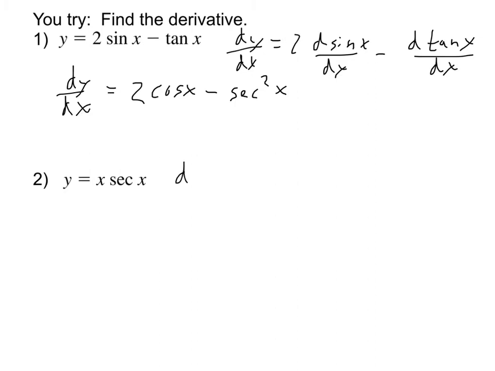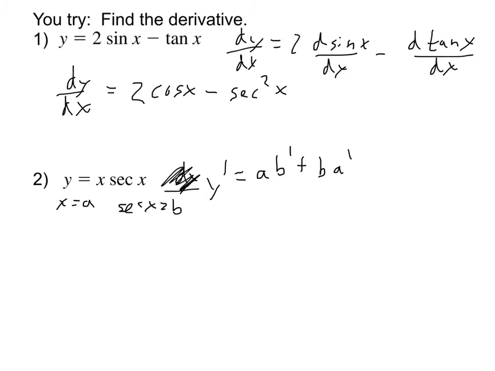Alright, so for dy, I'm going to write it actually this time just to change it up a little. Y prime, the derivative of y, is equal to, okay, so we've got two functions, x and secant x. So we do the product rule, which is first times the derivative of the second plus second times the derivative of the first. So if I call x equals a and secant x equals b,